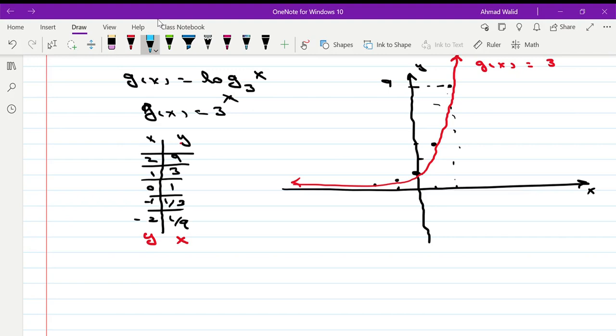When x is 9, actually, y is what? Y is 2, which is somewhere this point. When x is 3, y is 1. x 3, y 1, somewhere here. When x is 1, y is 0. It means this point. When x is 1/3, which is somewhere here, y is -1. This point. And if you graph